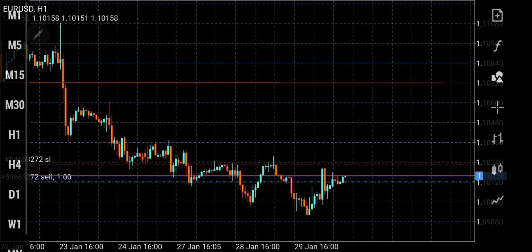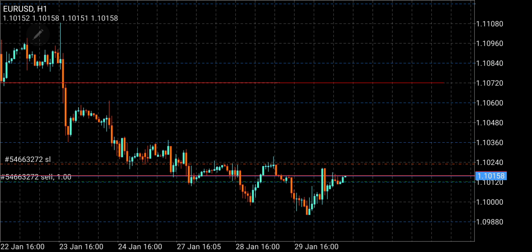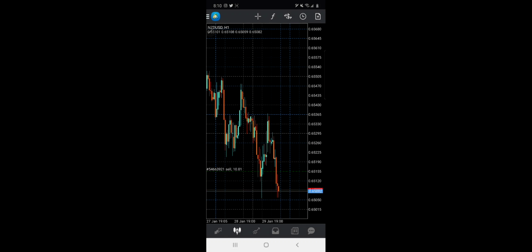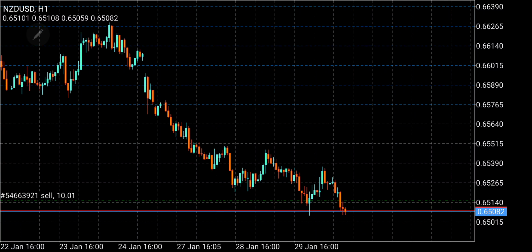Back to the hour. I'm already on the hour. All right, so let's go check some other trades. All right, New Zealand dollar. The reason I don't watch this is because each one of these candlesticks is an hour. Let's say you spent your hours watching this little movement right here. Yeah, it's cool, you made some money, but you've been watching the charts this whole time. That's 1, 2, 3, 4, 5, 6, 7, 8, 9, 10, 11, 12, 13, 14, 15, 16, 17, 18 hours, bro. Almost a whole day.